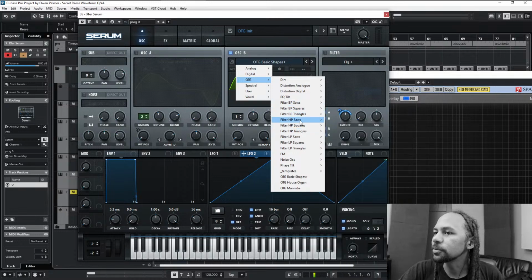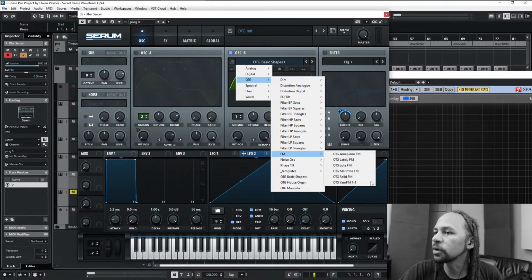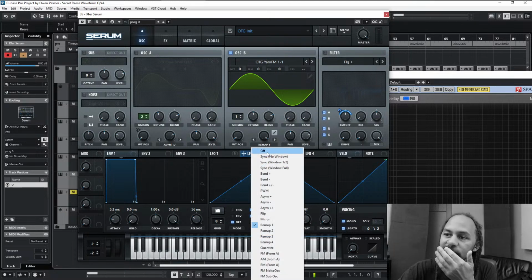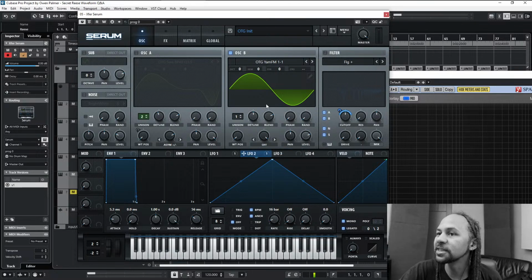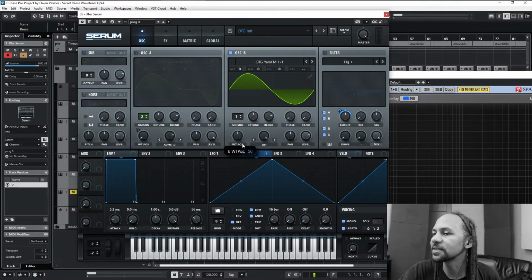What was the other wavetable that we used? Not just the bandpass, it was the FM. Okay, cool. Let me grab that Yamaha FM wavetable. So this is an interesting wavetable. It only has 100 steps. Why does it only have 100 steps and not 256? Well, because Yamaha FM synths only have 100 steps that you can set in order to create something of this nature, which is not an easy task. Believe me, very, very challenging. Just technical hurdle after technical hurdle. But we managed, and we have this